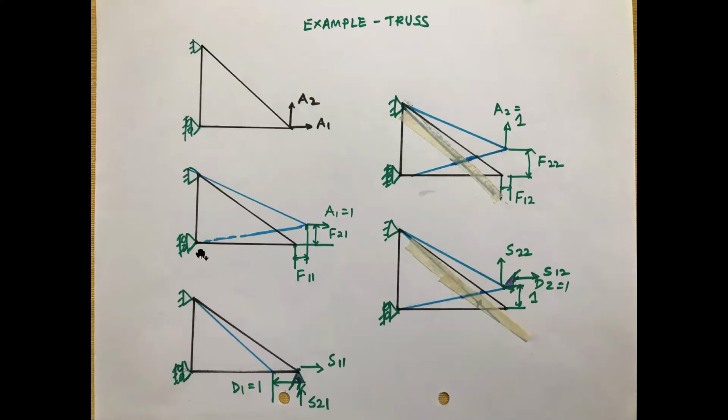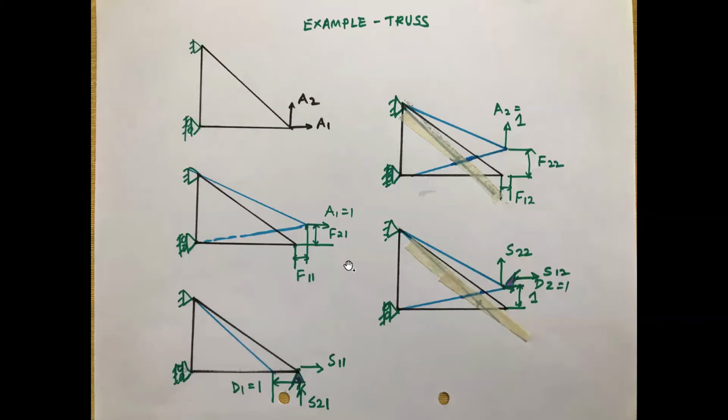So what I mean to say here is, suppose here F11, F21, there can be F31 also here. Because of this load, the translation will happen here as well. And because of A2, some other load, there will be translation here as well. And that coefficient I can call F31. But that, as I told you, I have not included here. So this is the example where there are 2 kinematic variables.